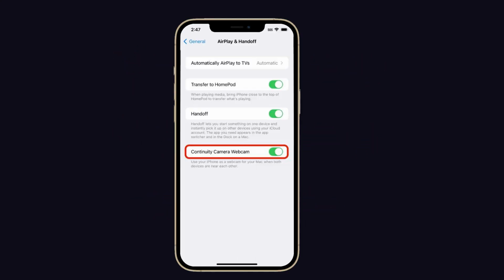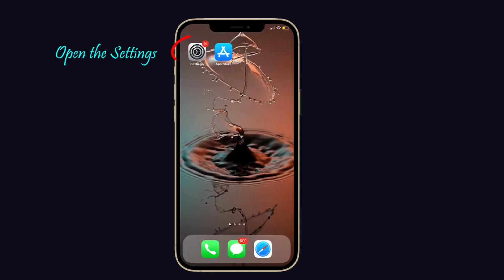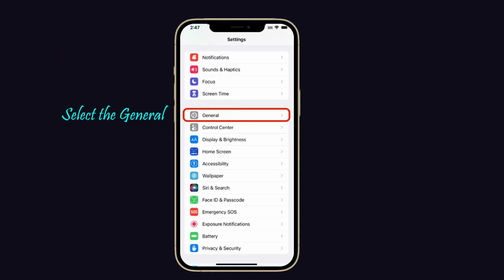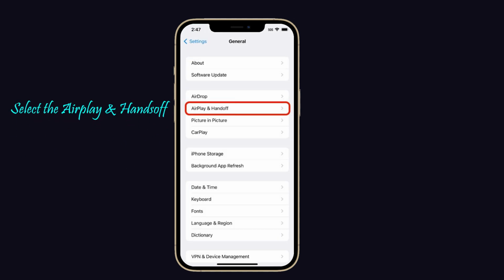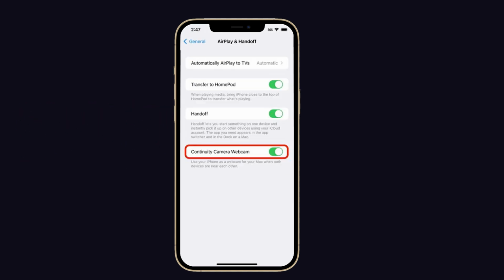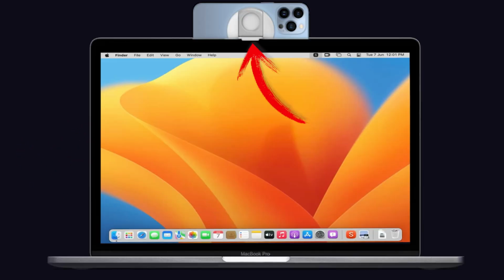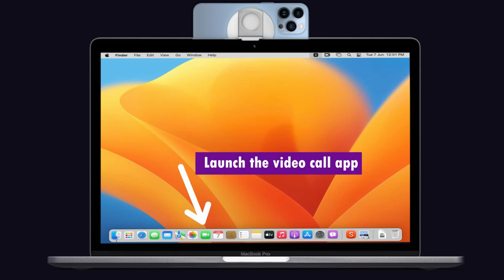First, you have to turn on the Continuity Camera option on your iPhone. For that, open the Settings on your iPhone, then select General. Here select the AirPlay and Handoff feature. You can see the Continuity Camera webcam here, simply turn it on. That's all. Next, place your iPhone at the top of your Mac monitor and then launch the video call app